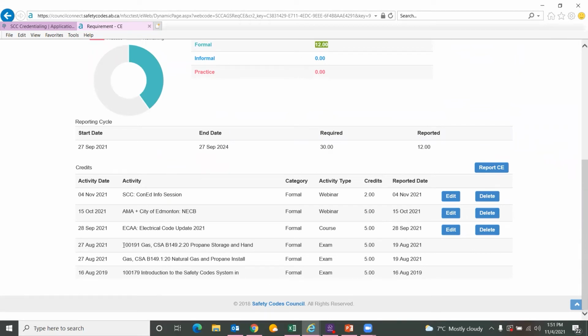Now, you can also see that I have a few courses here, right? And you can see that I cannot edit or delete those. The reason why they're even appearing on the list is because you've taken something with the council. Let's say you are certified in building residential, and then you're looking to upgrade your certification to building part 9. Any courses that you're taking with the council, after you wrote your final exam, will actually appear in your continuing education section. So you do not need to record them. It will appear automatically, because you took that course with us and you wrote the exam with us. And the same logic applies to the workshops.